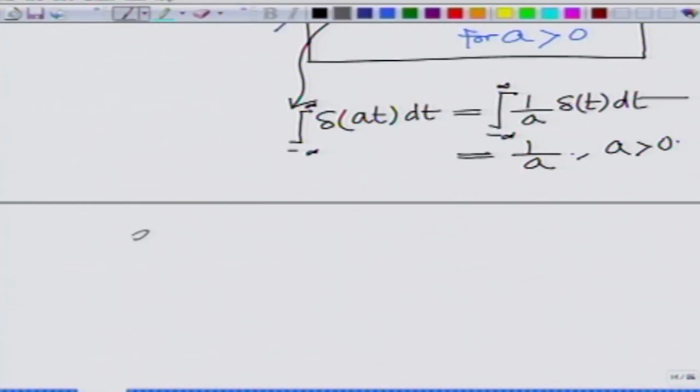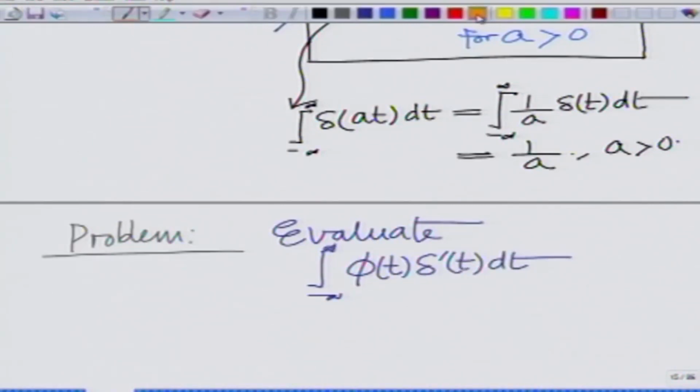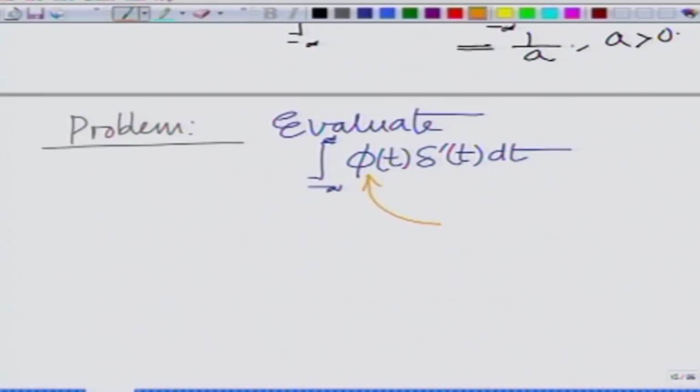Let us look at a fresh problem. I am not numbering them, so I am just going to write this as problem to indicate that this is a fresh problem. So, we want to evaluate the integral of phi t delta prime t, where phi t is any function such